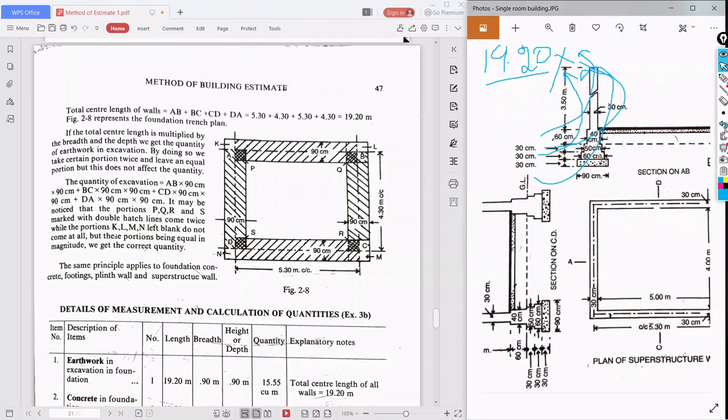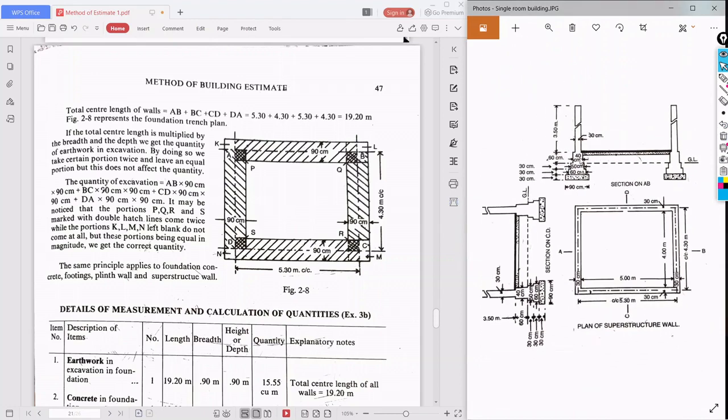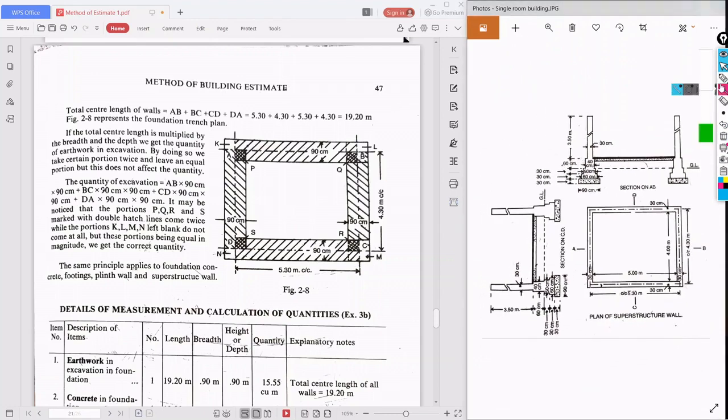Yes. If we do that we will get our quantity. Now read the comment here. If the total center length is multiplied by the breadth and depth, we get the quantity of earthwork in excavation. By doing so, we take certain portion twice and leave an equal portion, but it does not affect the quantity.